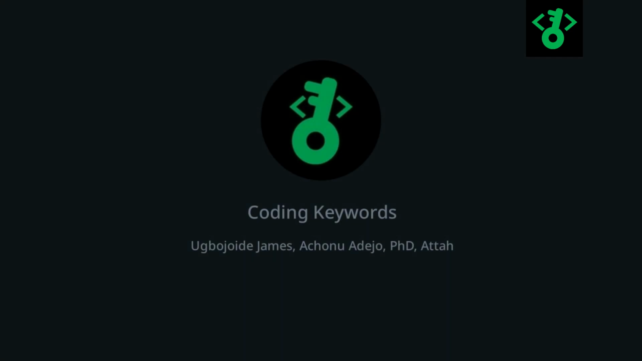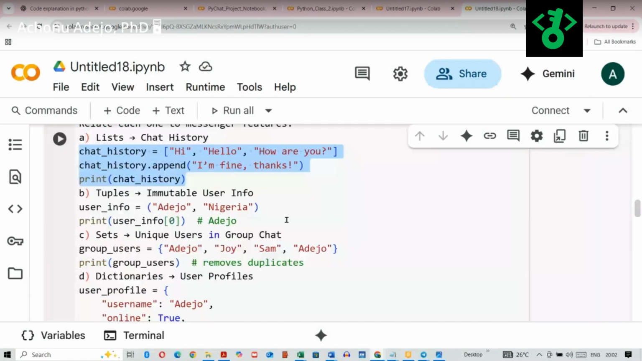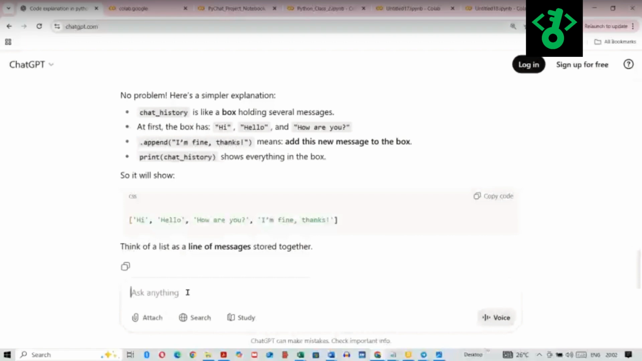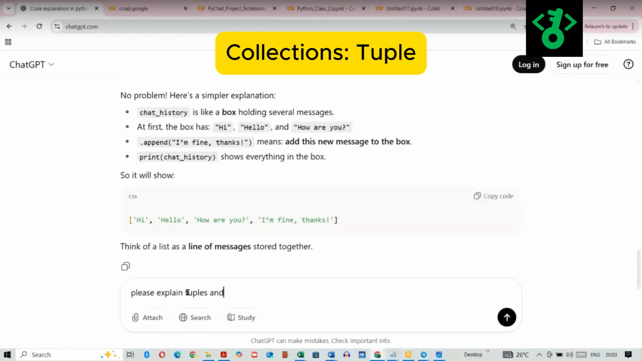So we're looking at lists, and we're also looking at functions. And then we also have the tuples. In this case, we have immutable user information. So let's go over to ChatGPT and say, please explain tuples and differences between list and tuples